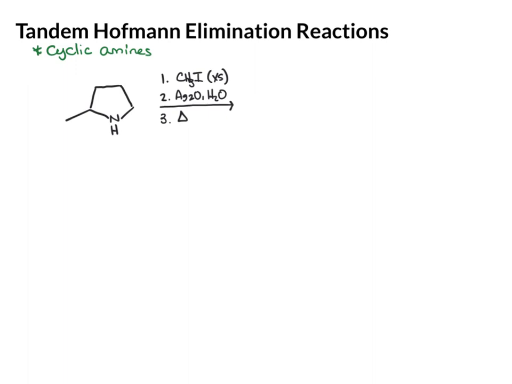this set will do one Hofmann elimination. Then I'll have to add all of these reagents a second time to do a second Hofmann elimination. So once we do step 1 and 2, we methylate the nitrogen. So we end up with 2 methyl groups, a positive charge, and then our base is the hydroxide after step 2. From here, based on what you know about the regioselectivity, we have beta hydrogen to choose from